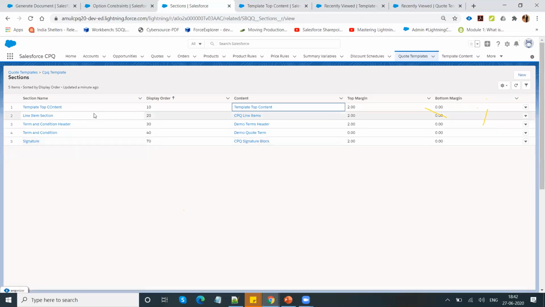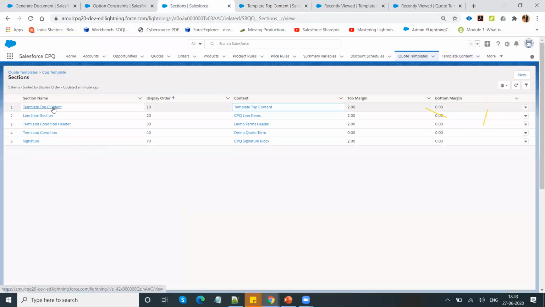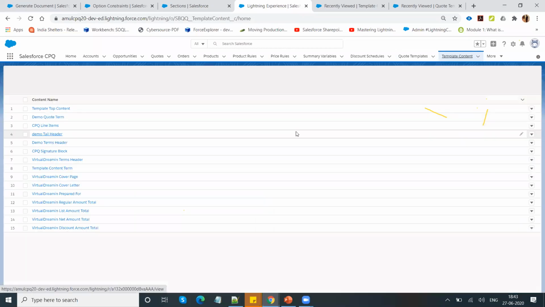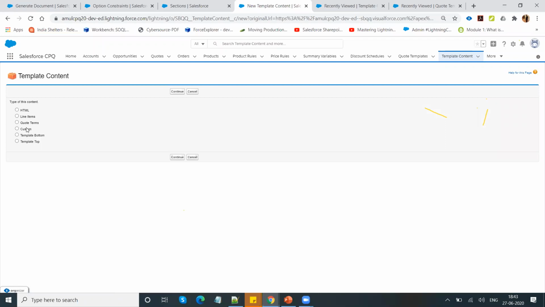So what I did is create a code template and a template content, and then added this template content into my section called template content sections. Now, this is the standard line item template content. Let me show you what template content provides and what types there are. In the template content, you have five types: HTML, line items, code terms, custom, template bottom, and template top.